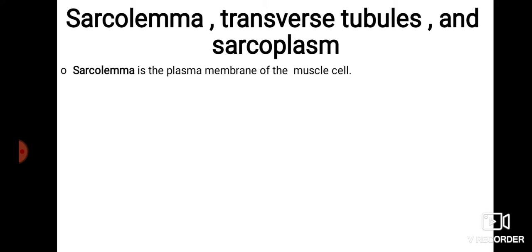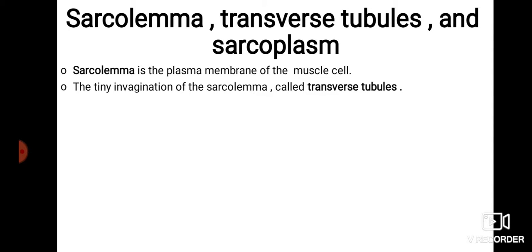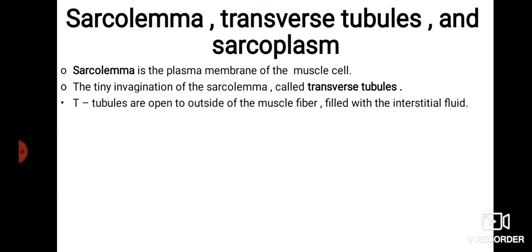Sarcolemma is the plasma membrane of the muscle fiber. It means the membrane that covers the muscle cells is known as the sarcolemma. Okay, and a thousand tiny invaginations of the sarcolemma are called transverse tubules, and these tubules are open to the outside of the muscle fiber, and they are filled with interstitial fluid,